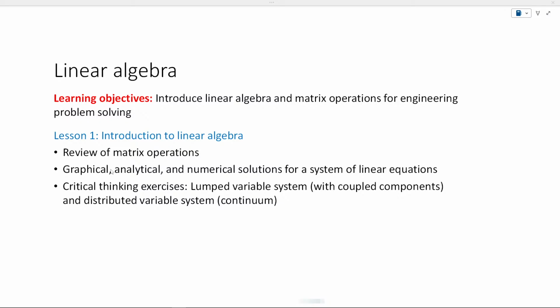And then we will look at the graphical, analytical, and numerical solution for a system of linear equations. And then we will do some critical thinking exercises, looking at two types of model: a lumped variable system with coupled components. Here you have, for example, different lakes that are connected together or different